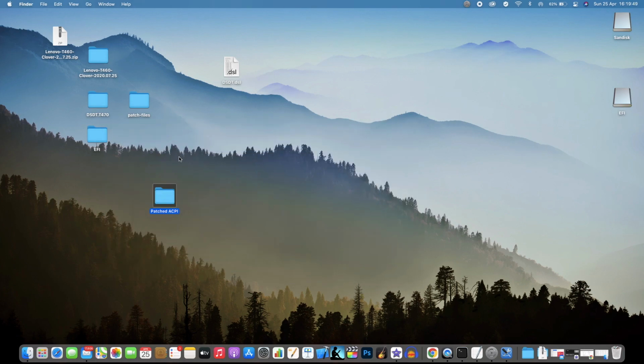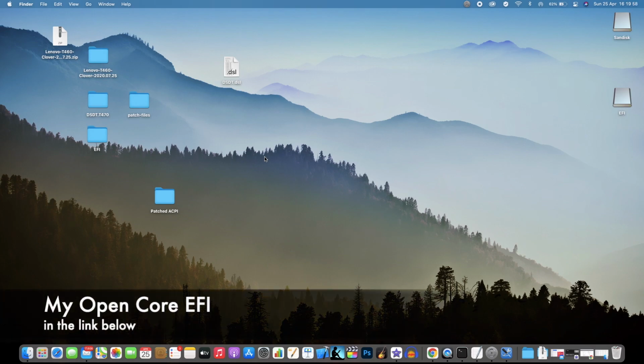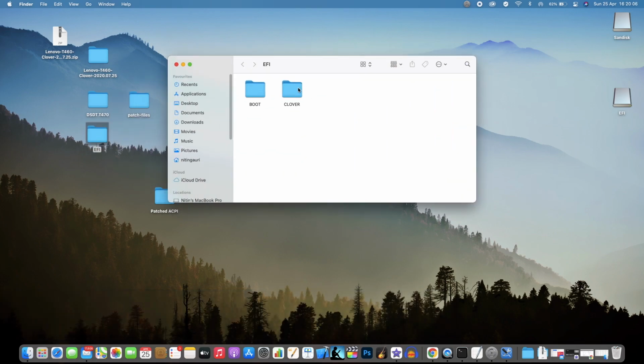Great. So once you have done all this, make sure you have your OpenCore EFI folder. I have made my EFI folder, so I would be sharing it with you in the description below. You can use it for yourself as well. In the EFI folder, OpenCore or Clover, anyway you have this ACPI.